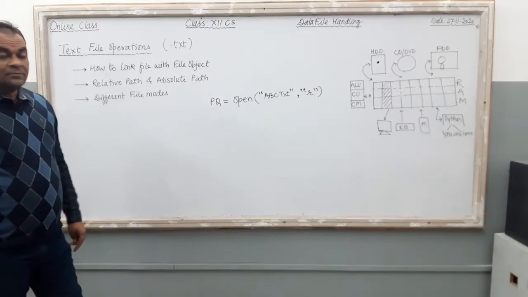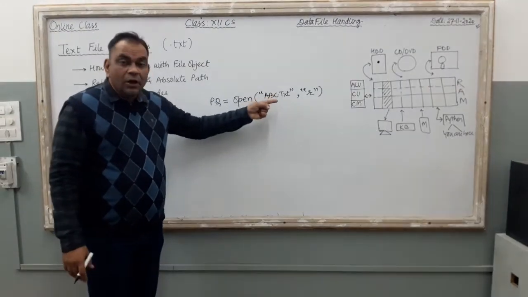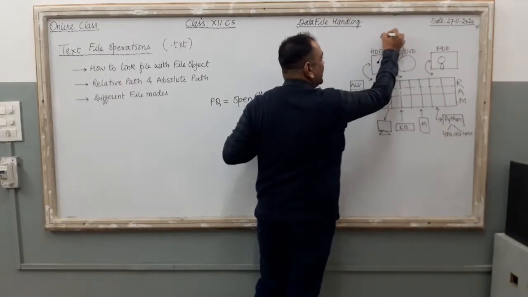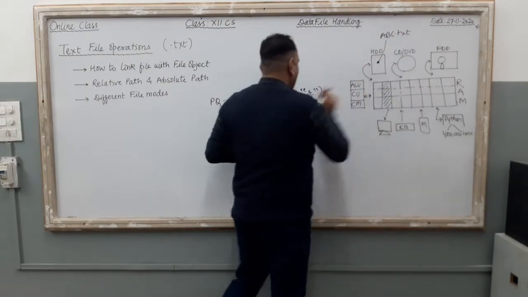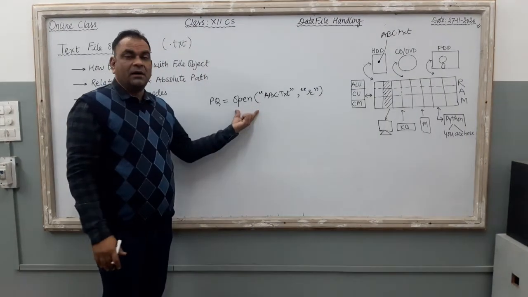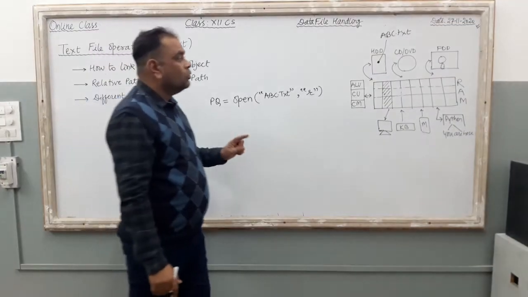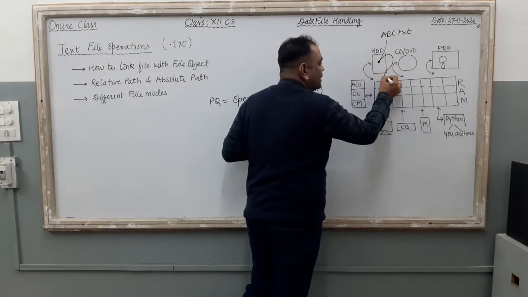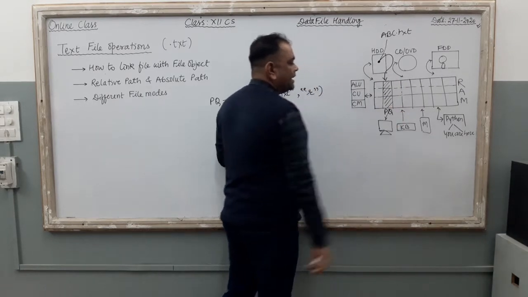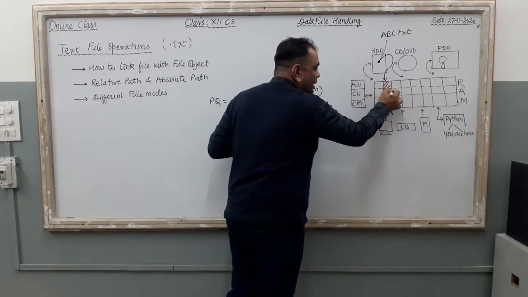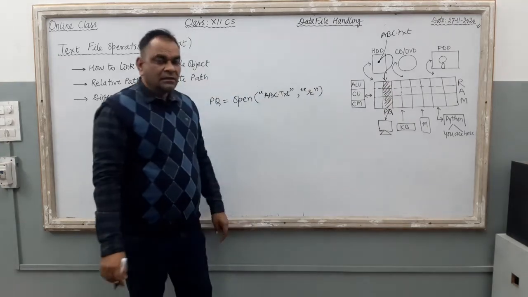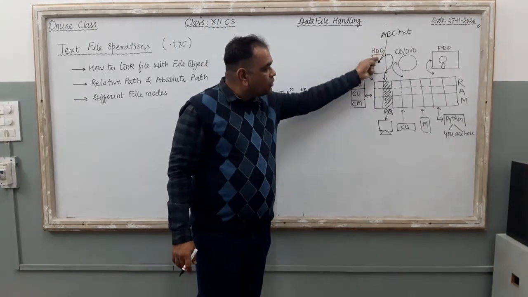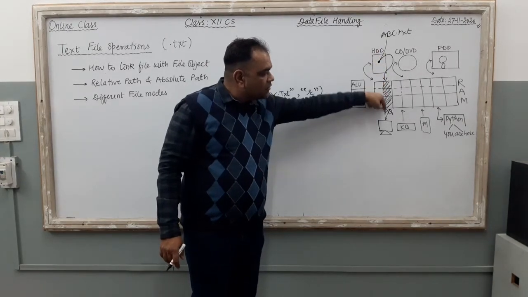It is the command by which you can link, you can load the abc.txt file that is there in your hard disk. This is the abc file, abc.txt. By this command, when the computer executes it, the computer is going to copy the file content into a RAM variable, that is PQ. This is created here. The whole variable is known as PQ. And in this PQ file object, the computer is going to upload the content of the ABC file into this variable.